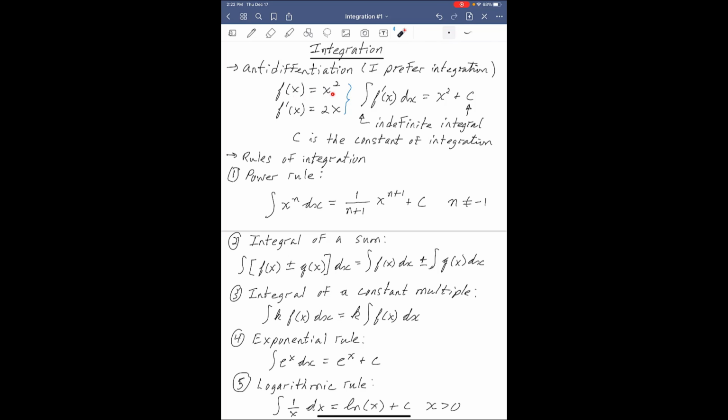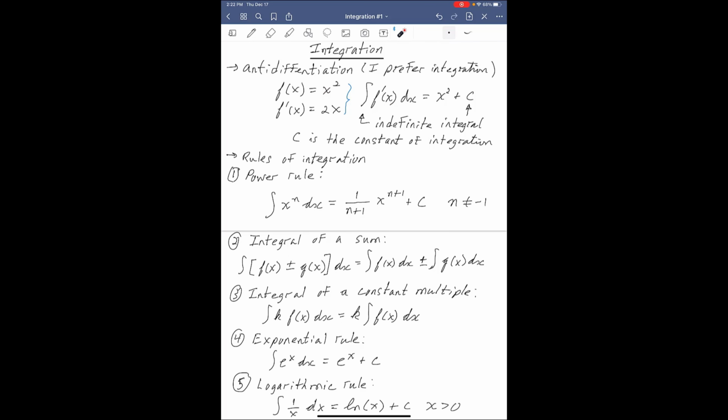Suppose we have a function f of x is equal to x squared. We know that the derivative of that function is 2x. And if we take the integral of that derivative, and we write it this way, without any beginning and ending points, we have an indefinite integral. And if we use 2x as our function here, then we know that the integral of it is x squared,